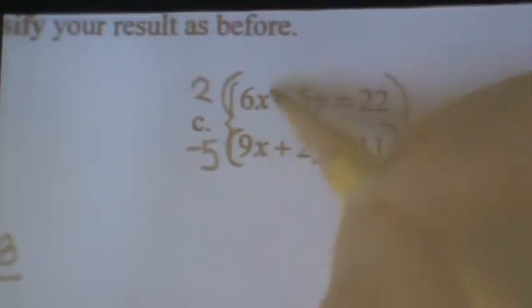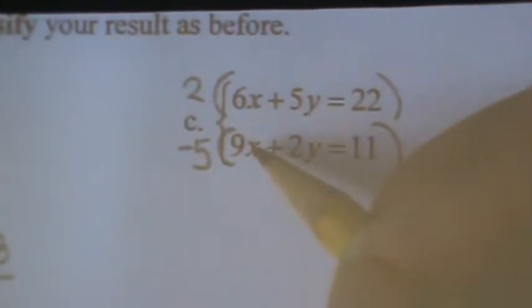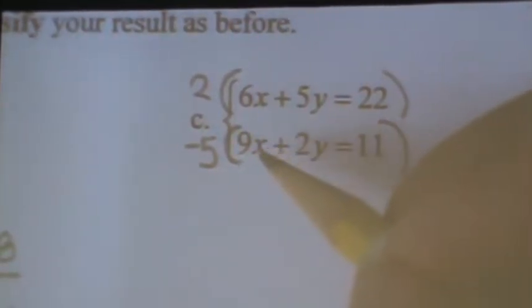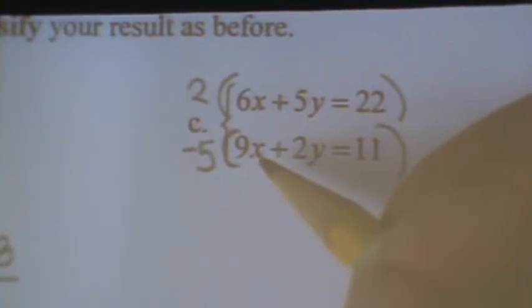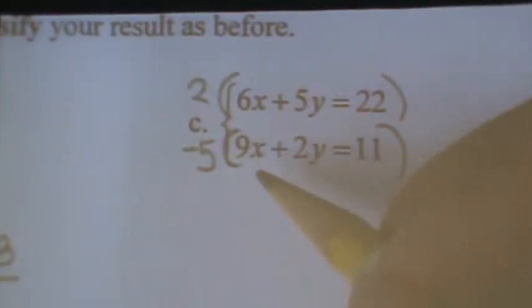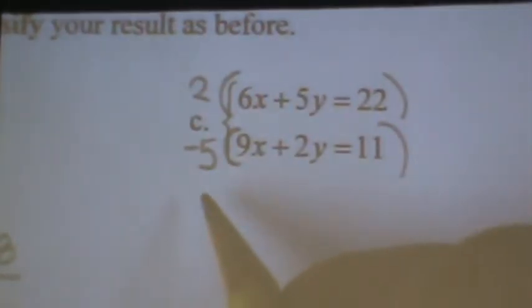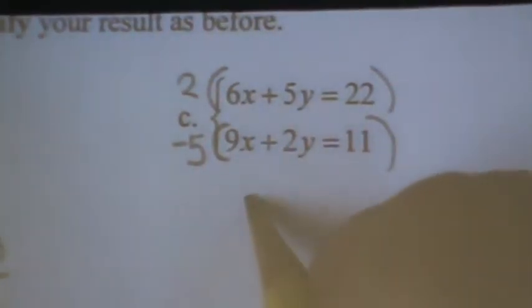You could have multiplied the bottom by 2 and the top by 3, or -3. You could have done 3 and -2 and gotten 18 here. Yep. So you have choices, it's up to you. Whichever way you decide to go, as long as you do it mathematically correct and don't make any math errors, you will get the right answer. So let's do what we first said. Let's multiply the top equation by 2, so you get 12x